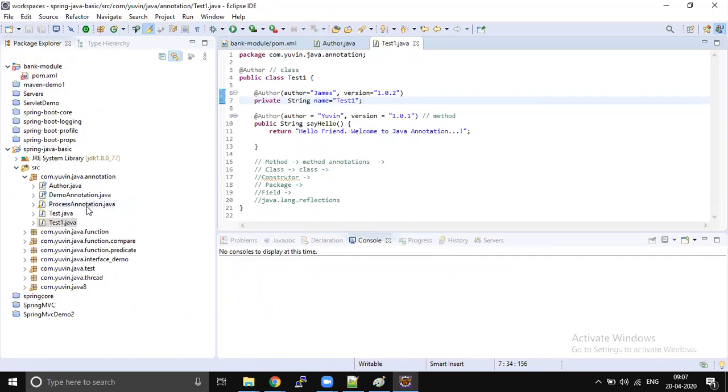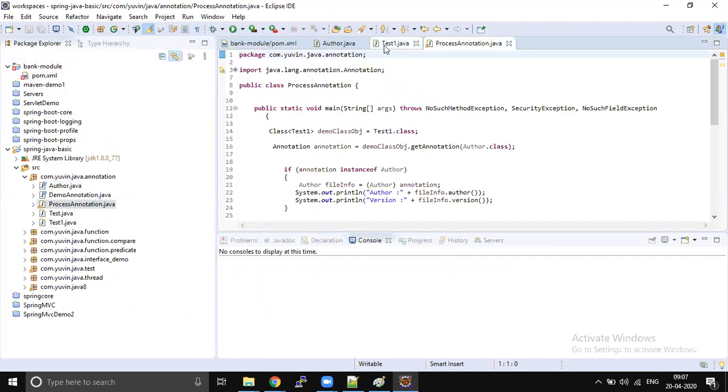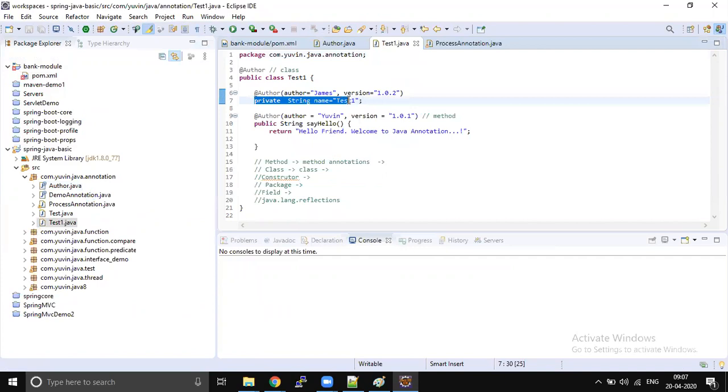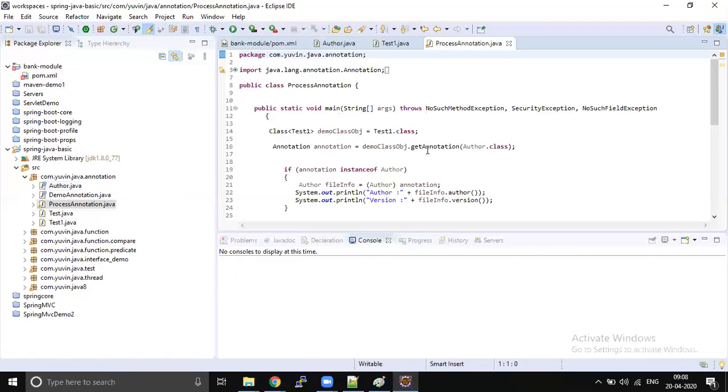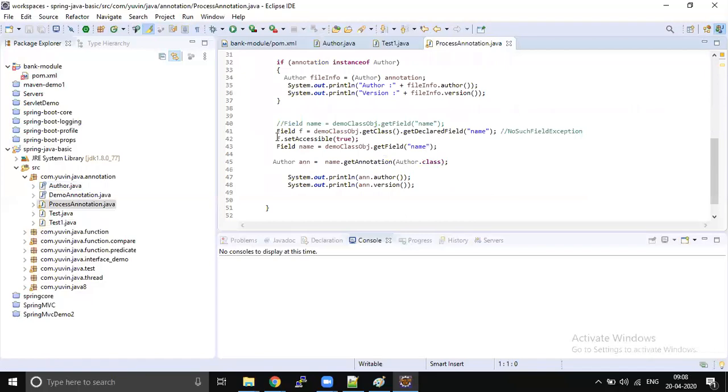Actually, you can't directly access private fields. So first we load all the fields present inside a class, and we need to change the scope. For that we need to set setAccessible to true.